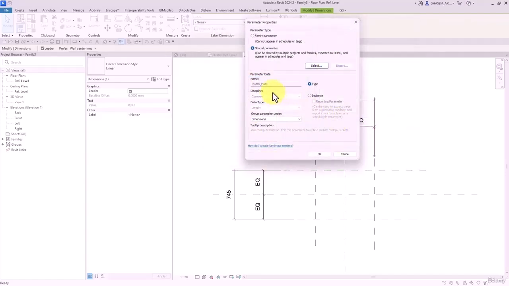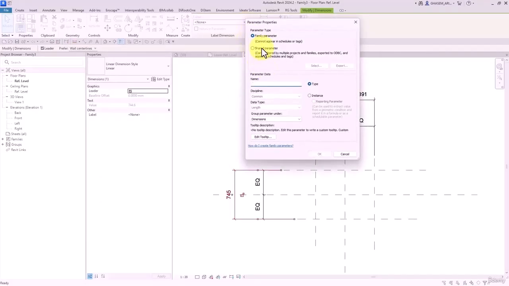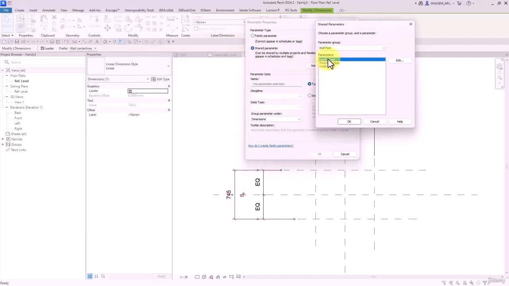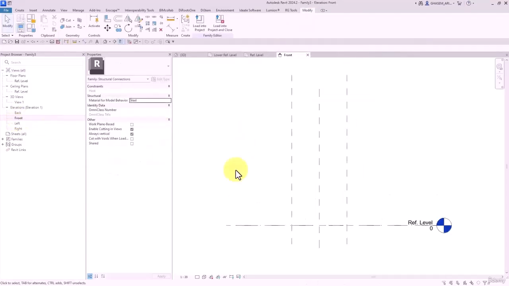First one is width, I selected and added here. Okay, next one, new, shared, select, depth, okay, and then here in the plan,